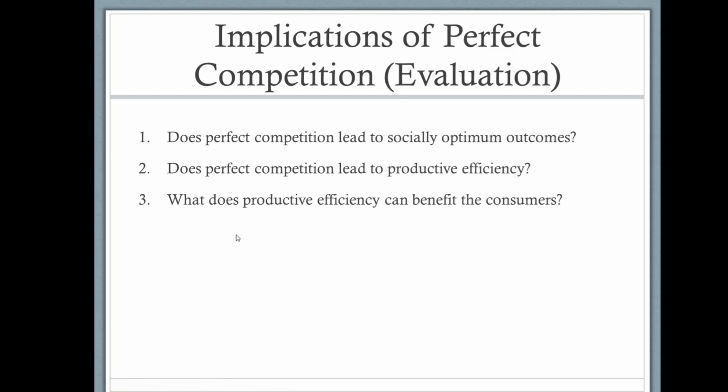What about number three? How can productive efficiency benefit the consumers? What will be the benefit to the consumer if all the firms in this market enjoy productive efficiency at the end? What would be the possible benefit? Yes, lower price. So this is how you can explain it, how you can argue the benefits of perfect competition. You talk about allocative efficiency,